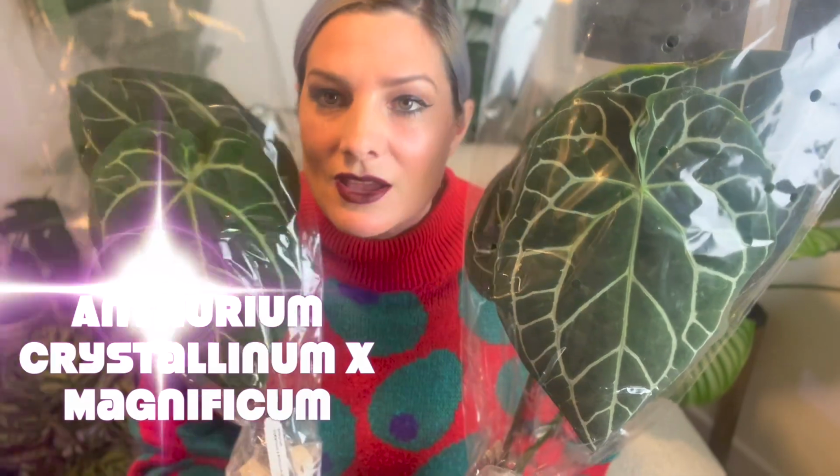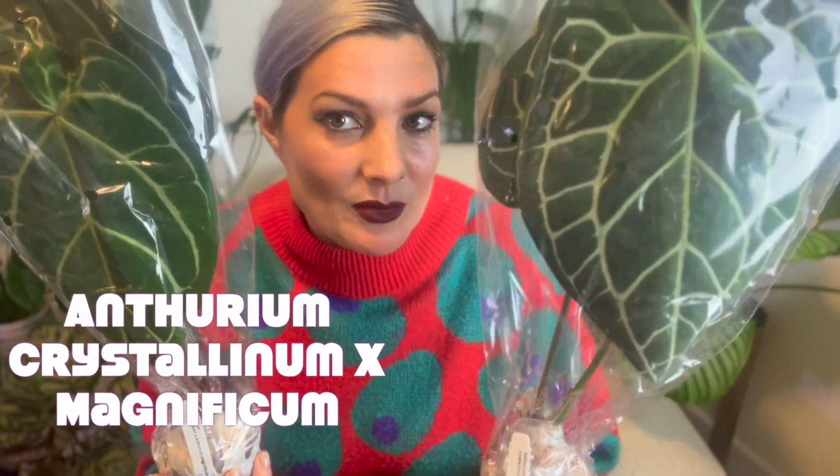This one, it's a hybrid, not a hybrid magnificum. Wow. So, we're gonna repot these girls. These girls are big. They're ready. And like I said before, not a long journey for these. If I'm wrong, I'll let you know. Down you go. So last for part 1 of our anthurium and one monstera plant haul for today